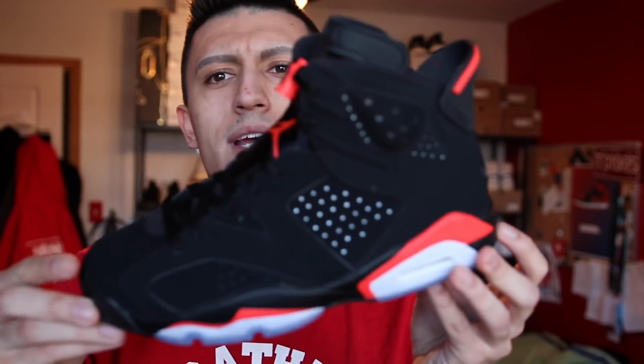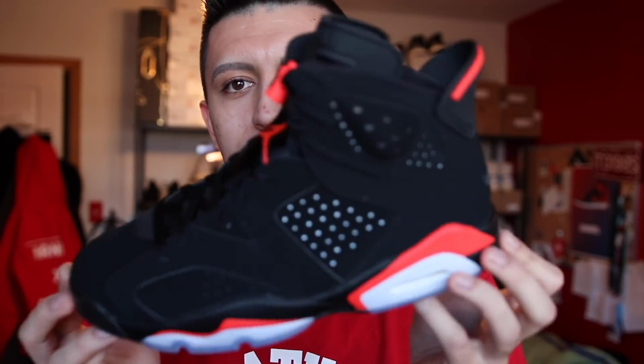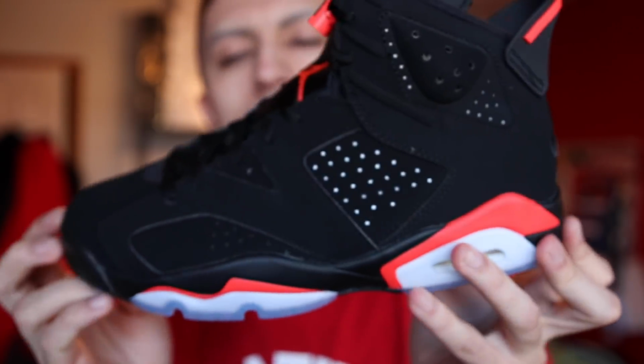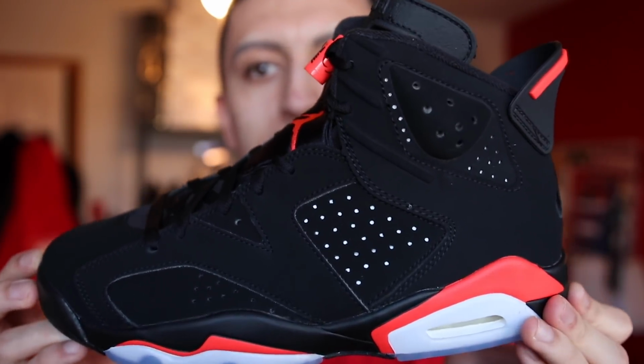Another sneaker we recently picked up from the Nike outlets in San Marcos, Texas were these Air Jordan 6 Infrareds. This is a recent release that just came out, and it has that Nike Air on the back that everybody loves. Really nice pair. These are size 8.5,